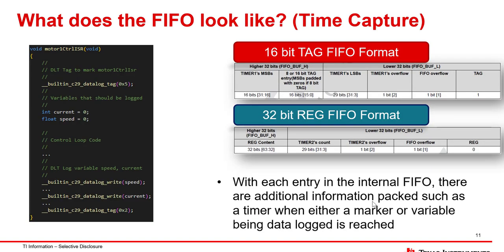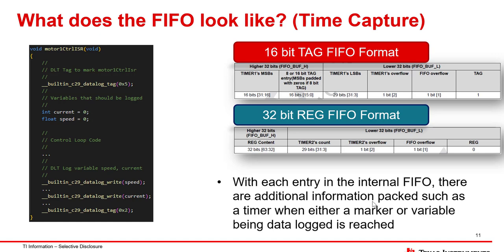Let's now take an example piece of code where we will use tags and regs for data logging. In the snippet of code, we have a control motor ISR. There are two built-in compiler intrinsics that we will be using for tracing or data logging. The two built-in compiler intrinsics are built-in underscore C29 underscore datalog underscore tag for tags and built-in underscore C29 datalog